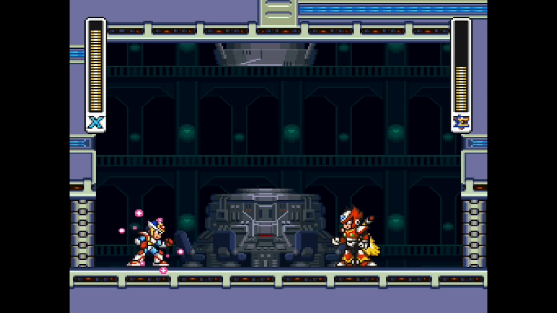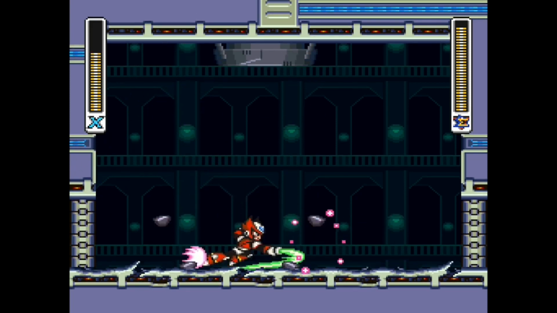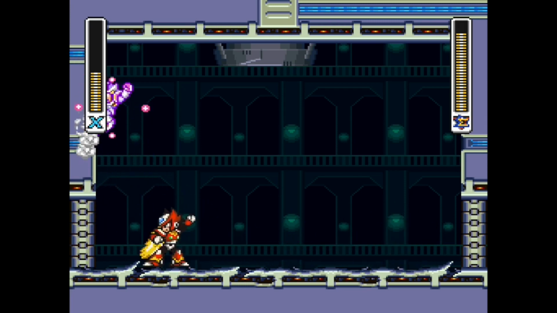I kicked up the wall to avoid him, and Zero comes in and he slams the ground and he kicks up these rocks. And so to dodge these rocks, you have to time your jump off the wall and air dash just right to get to the ground. And then on the ground,